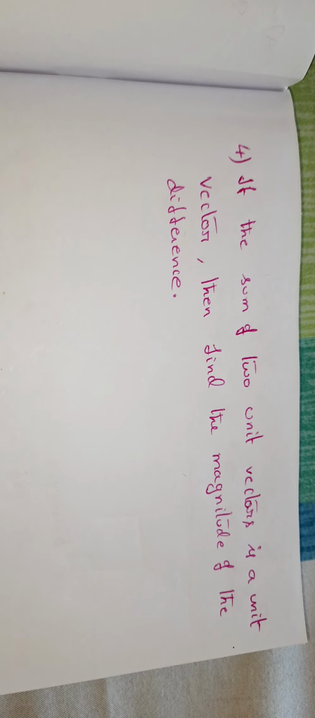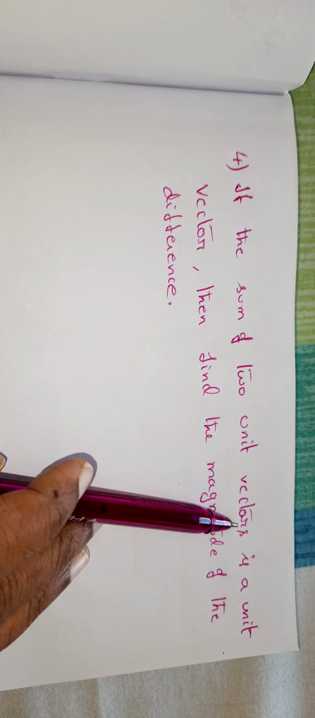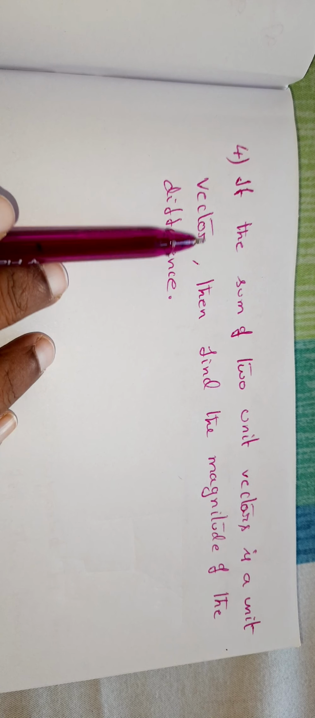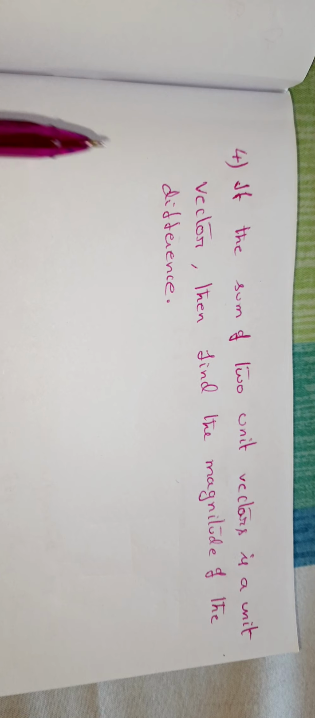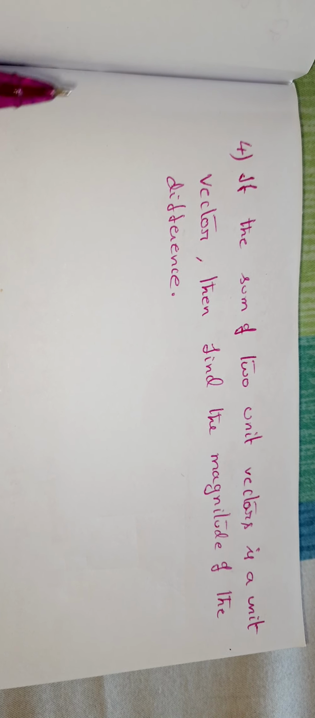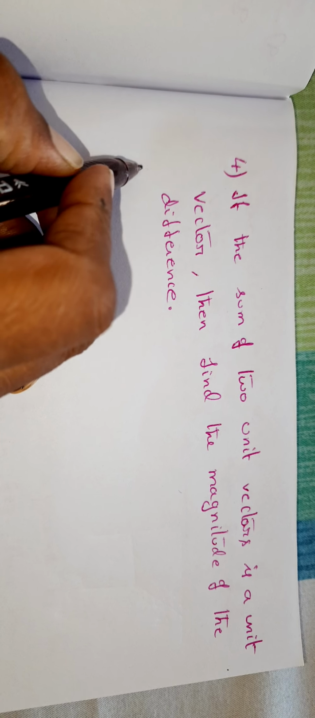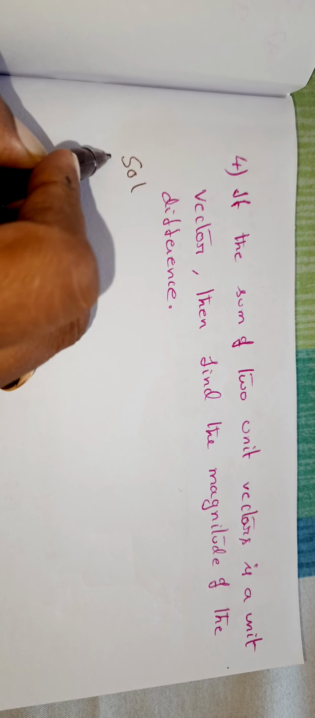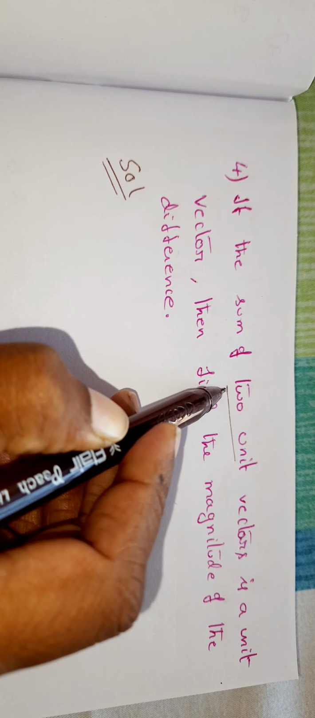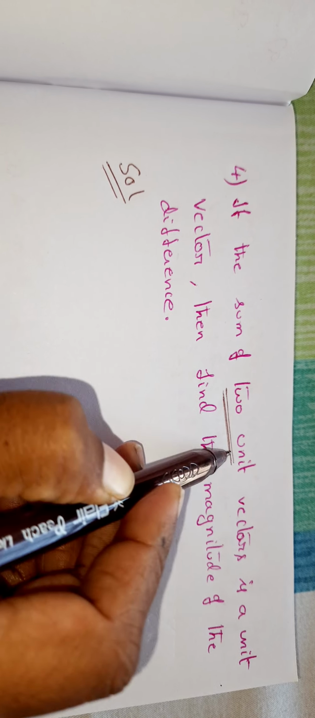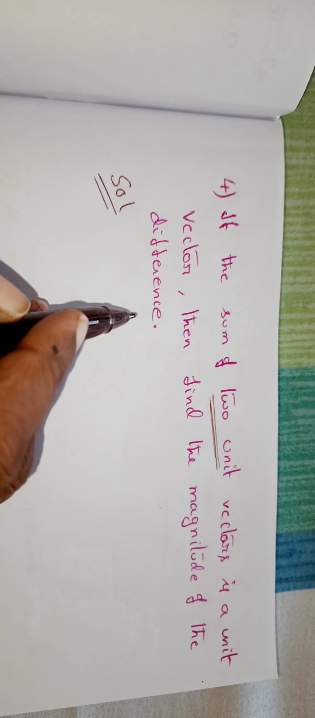And now look at the problem here. If the sum of two unit vectors is a unit vector, then find the magnitude of the difference. So we have to understand this. Here you have to see that sum of two unit vectors means the magnitude of the unit vectors is given. Right? So suppose